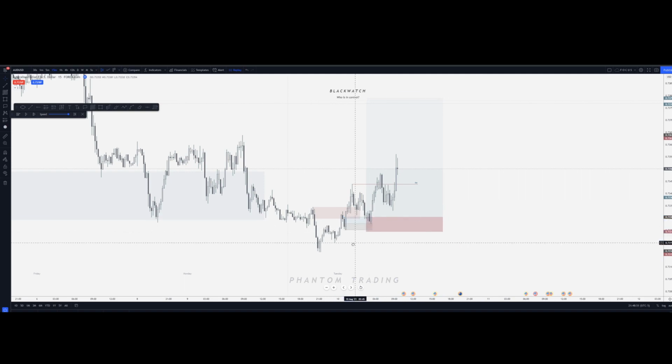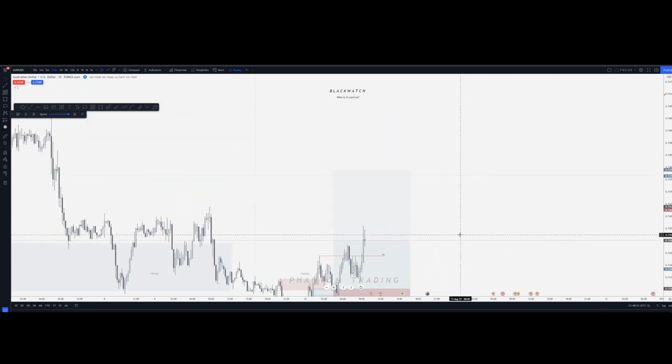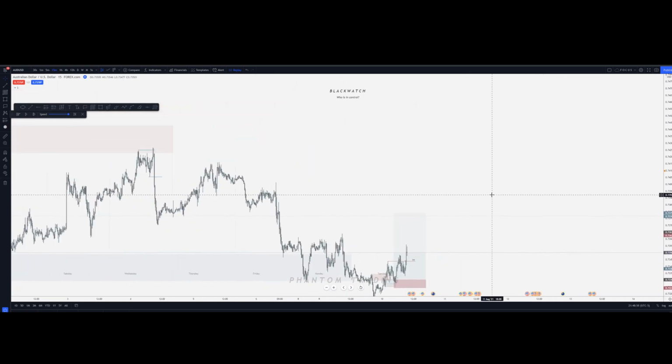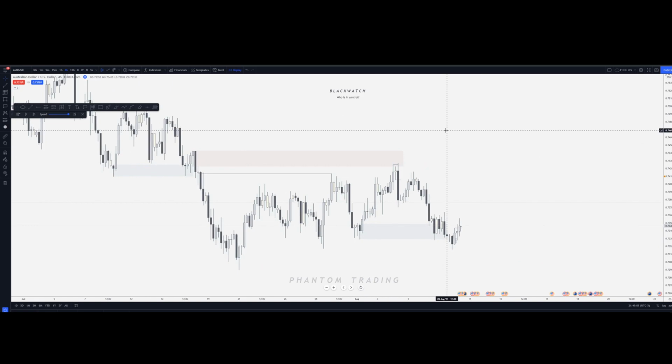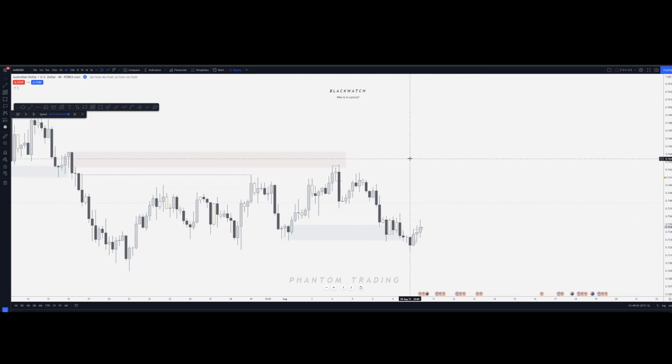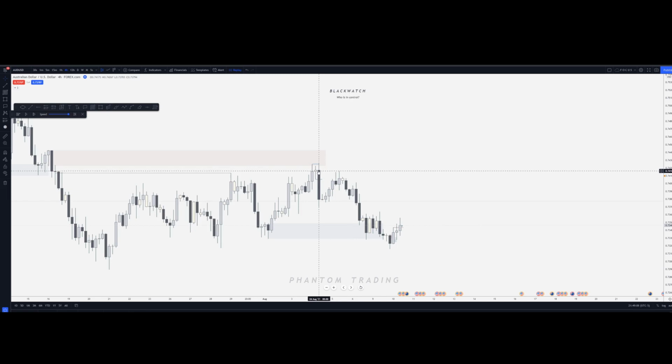So let me clean this up. Entry, we're in. I'm not going to look for any scalings. I don't really care. I'm going to go back to the 4 hour real quick because I need to assess the pro-trend move. I need to know where price could potentially come into. All right, so this is a very large candle, right? So I need to assess what's happening here. This reaction, I want to know why price is doing this. I need to understand what price came into that gave it this reaction. I don't look at the 1 hour, but this is such a big candle, so I need to do something. So I'm going to do 2 hour.